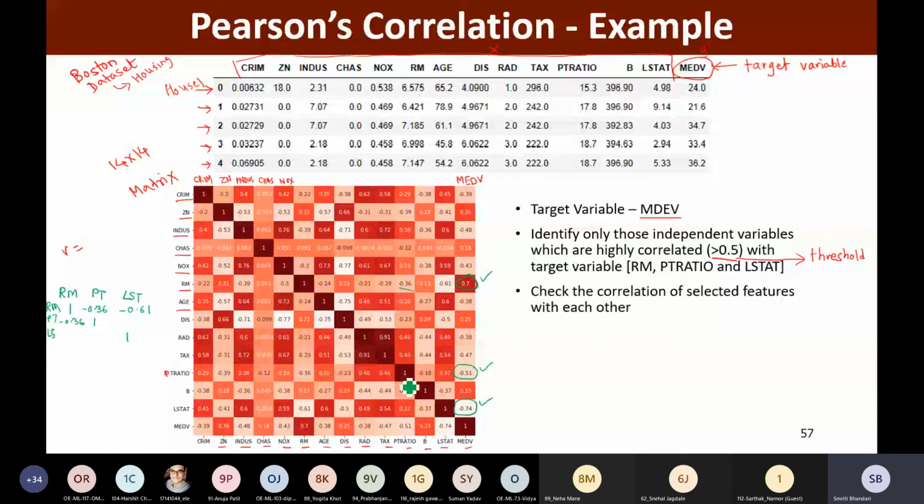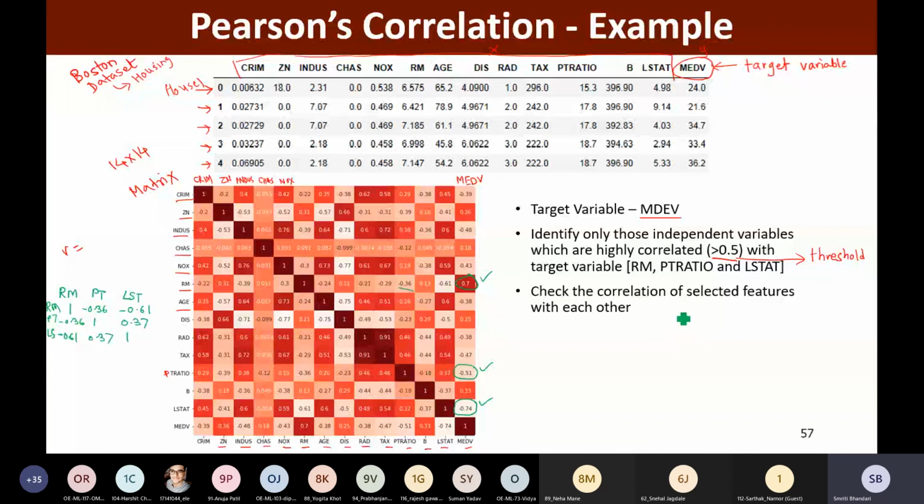Then PT ratio and LSTAT, so here it is 0.37. Okay. LSTAT and RM, minus 0.61. LSTAT and PT ratio, it is 0.37.